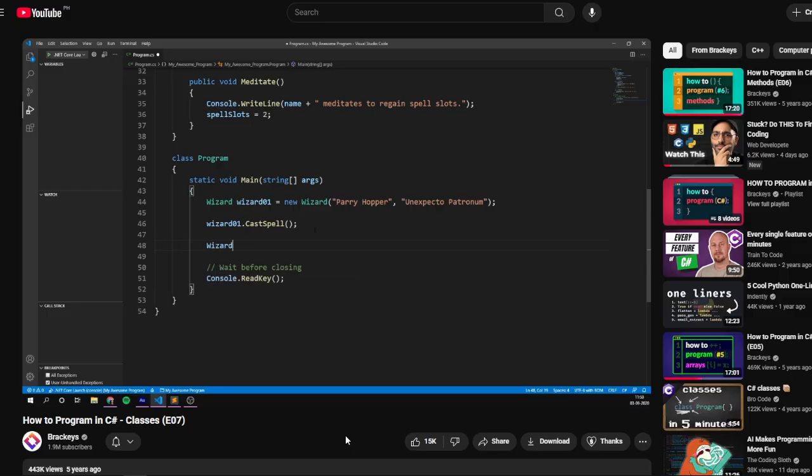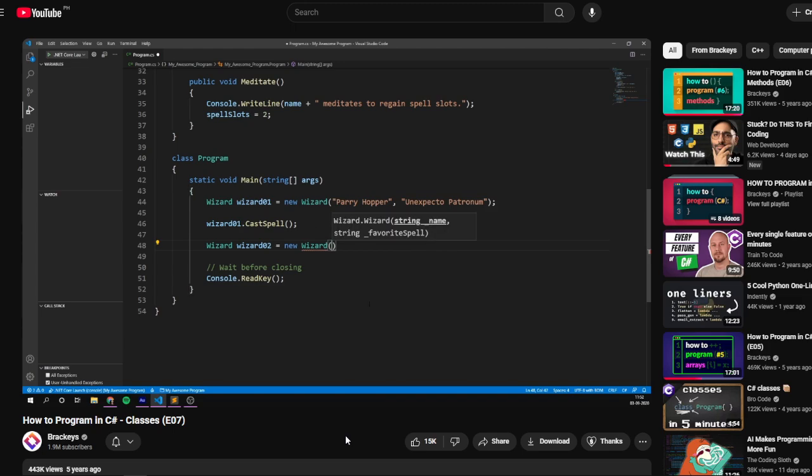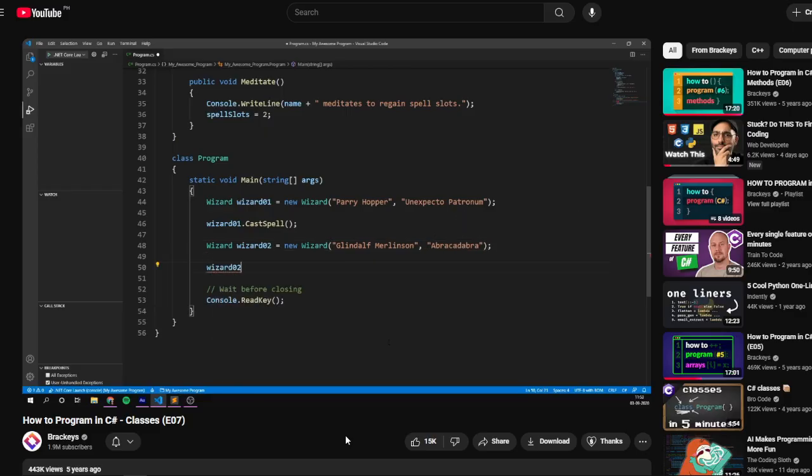So we'll go Wizard wizard2 equals a new Wizard. For the name here, I'm going to type in Glyndulf Merlinson, and the favorite spell here is going to be Abracadabra. And we're going to have him cast the spell as well. Awesome. And again, while this code is working, so far all the variables and methods we have created have begun